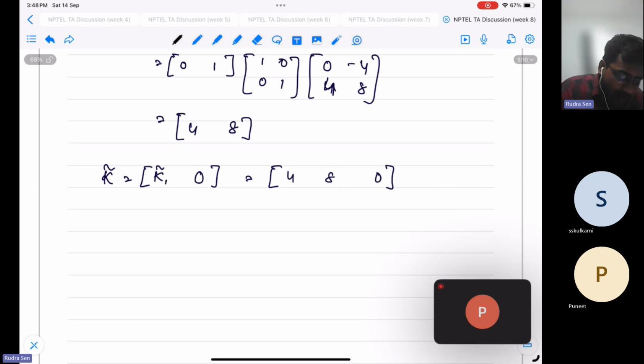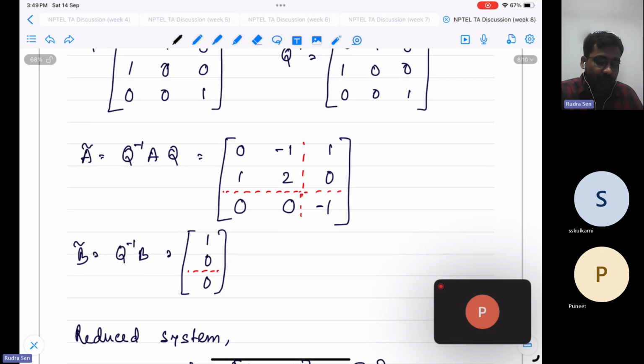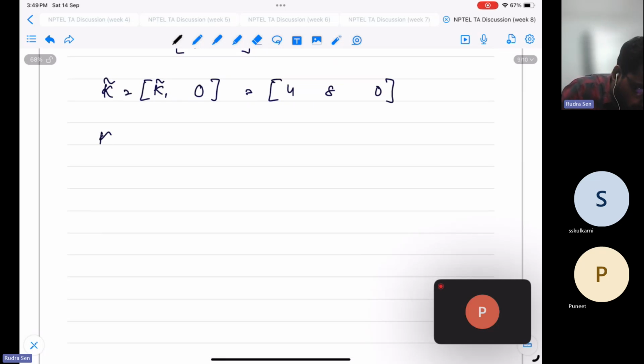Okay, now this is for the reduced system, so we have to convert it into the real system, because we have done the similarity transformation to find out the unstable modes. So we have to convert it into the original one. So k is equal to k tilde into q inverse. After doing k tilde into q inverse, you get